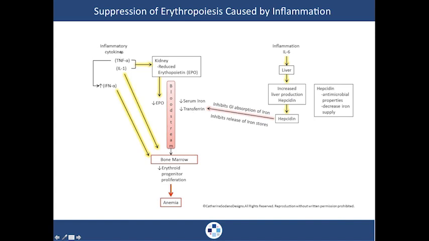On the other end of the spectrum, the other inflammatory cytokines will cause the kidneys to reduce the production of what's known as erythropoietin. Now, erythropoietin will go through the bloodstream to the bone marrow, telling it, okay, we don't need any more. Don't make any more cells. And that's what's going to happen, all due to inflammation. And that's where you get the anemia of chronic inflammation.